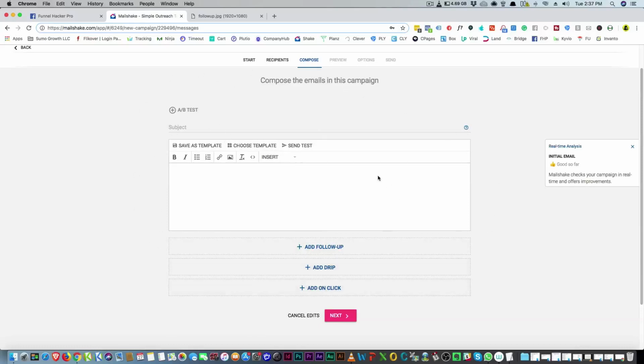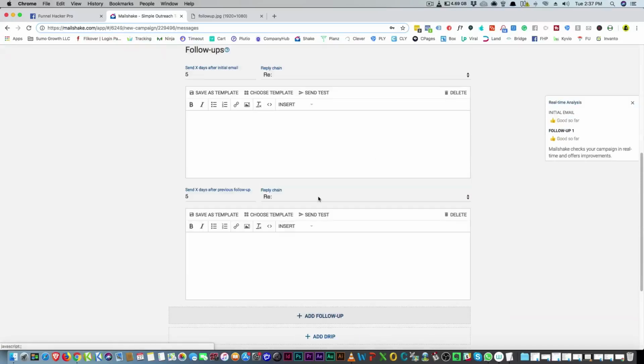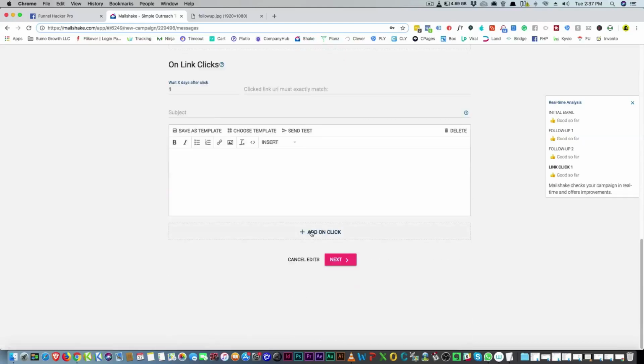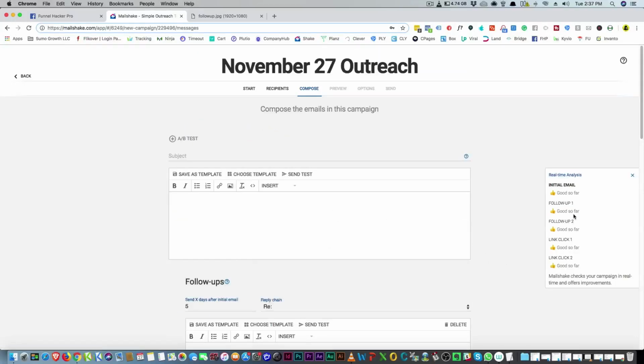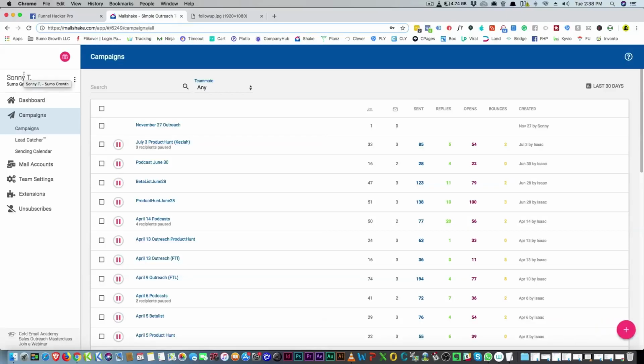The UI is not going to be as clean, and it's not going to be as straightforward as just saying, okay, I want to add a follow-up here, and then I want to add another follow-up, and if they do a click, wait for a day, and then send them this, and then if they click on something else, send them this, that type of thing. This is really easy. You can see everything that you're doing here on the side, and it's really easy to use. After you say, yes, I want to do this, you can also set up an A/B split test, which is really cool. After that, you're going to preview the campaign. They're going to show you a few options, and then you're going to click send.